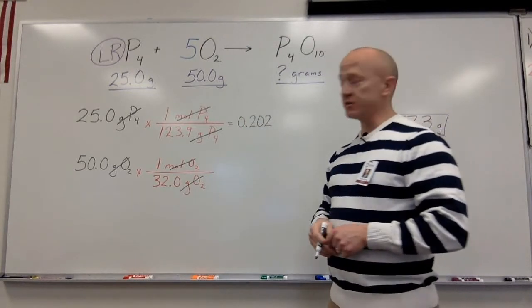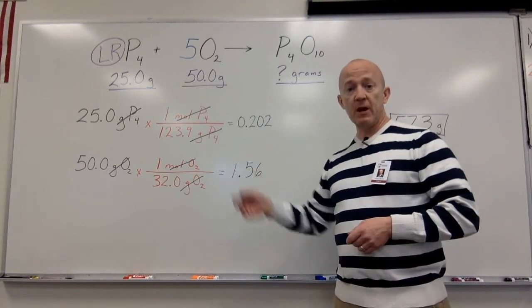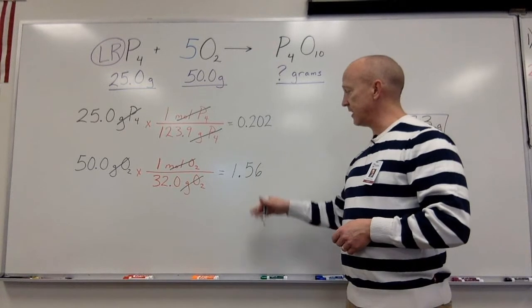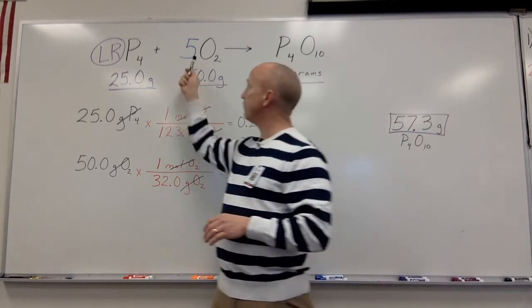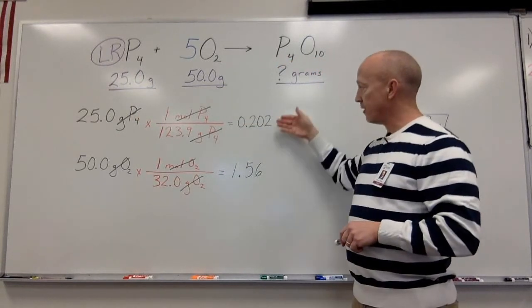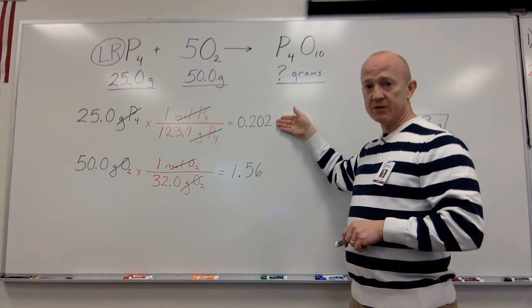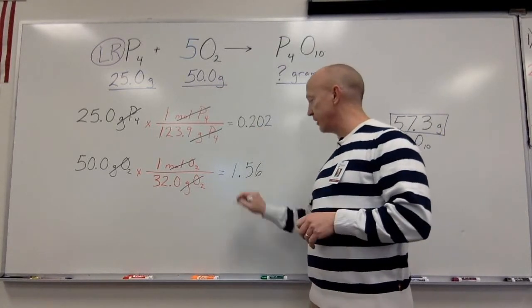25 grams of phosphorus divided by the molar mass gives us 0.202. 50 grams of oxygen divided by its molar mass gives us 1.56 moles. Now remember, we only need a 5-to-1 ratio between oxygen and phosphorus. That means we should have 5 times the amount of moles of phosphorus. 5 times 0.202 means that all we actually need is